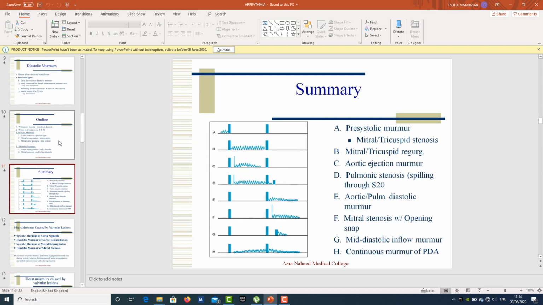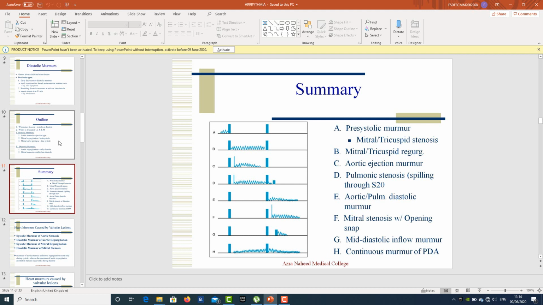Summary. Now look at this. This is a very important diagram, and it is going to make this very easy for all of you. This slide is very important. So if you learn it, then you will know in which condition you are going to see which type of